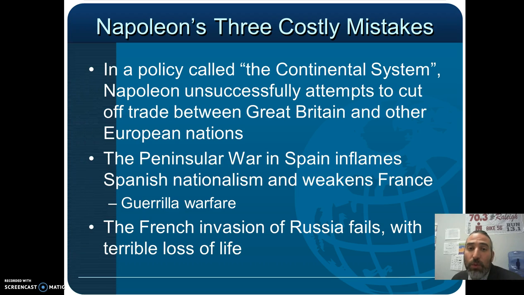They reach Moscow and winter hits. And so all of these troops in warm weather clothing are now stuck in the middle of Russia at wintertime. So a lot of people start dying of hypothermia. They start freezing to death. And so Napoleon has to turn his entire army around and march out of Russia. And that's when the Russian troops start to attack.